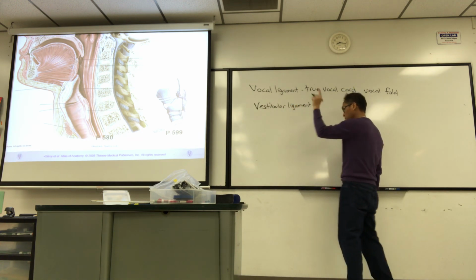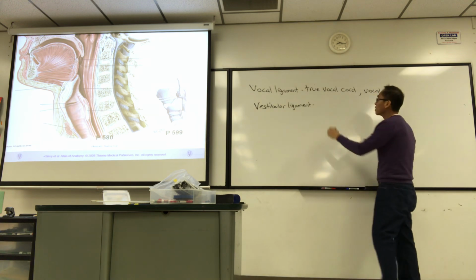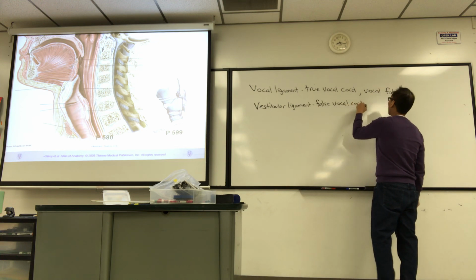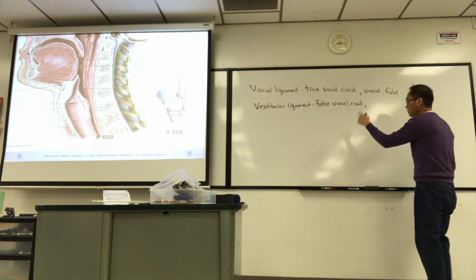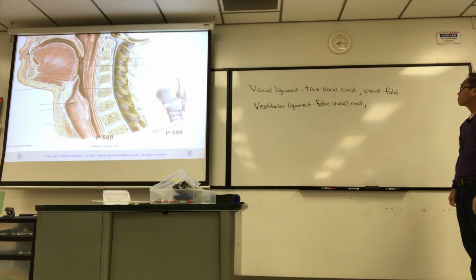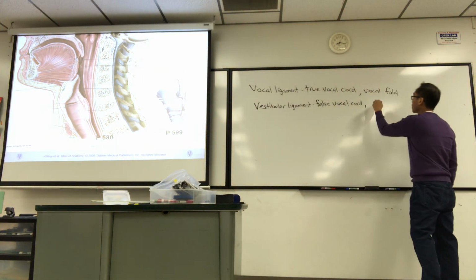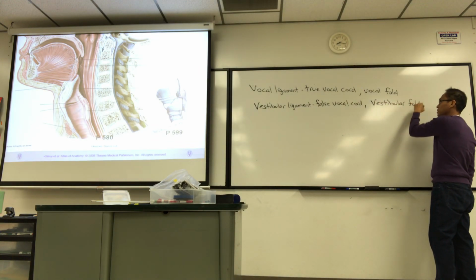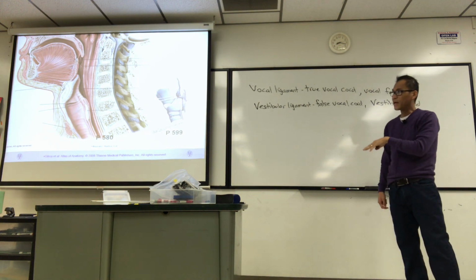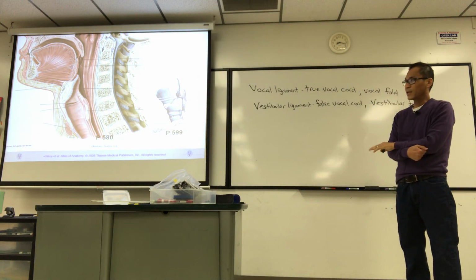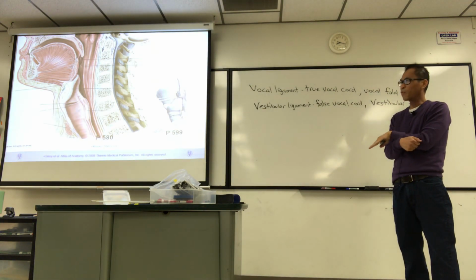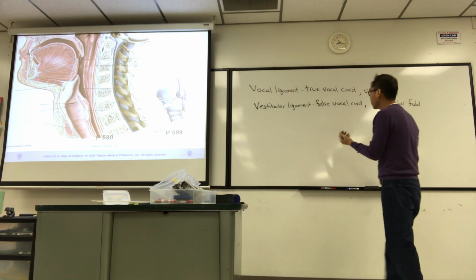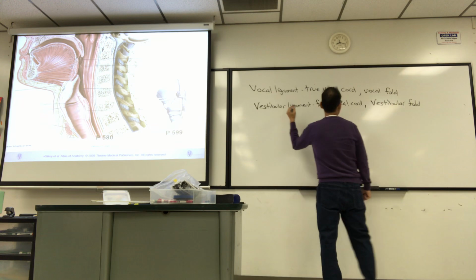That's your false vocal cord, it doesn't produce any sound. So you call it a false vocal cord or vestibular fold. It's the top one. Now, it's hard to tell from this picture, but it kind of makes a little shelf over the airway, thus protecting it. Yeah, I'll put that. This little fold